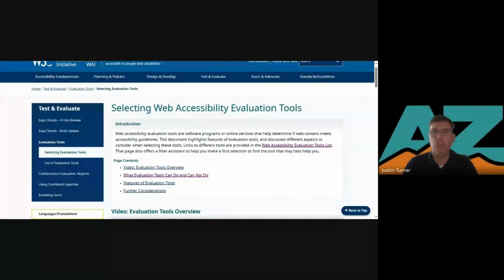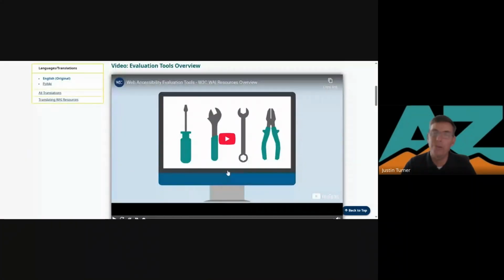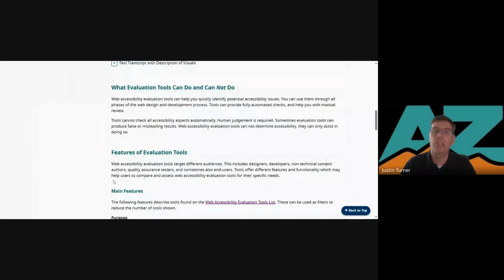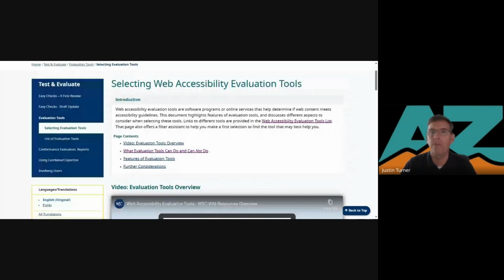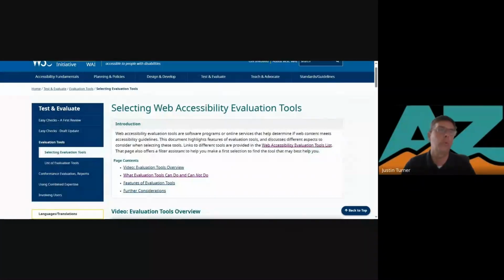So the first tool or resource that I'm going to share with you isn't really a tool, but it was the link that was on that first slide there, this page about how to select web accessibility evaluation tools. I would recommend taking a look at this. Of course, if you want to watch that video again, it's right here. But there's some great information about what to look for, the limitations of tools, etc. As I mentioned a moment ago, the law has been out there for 34 years, so there's a lot of resources that are out there